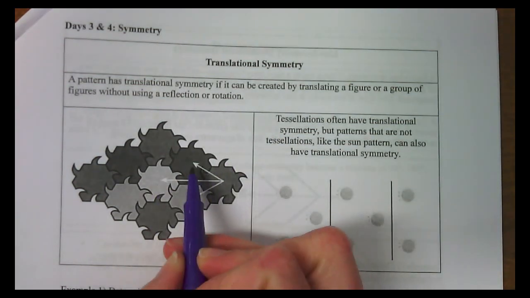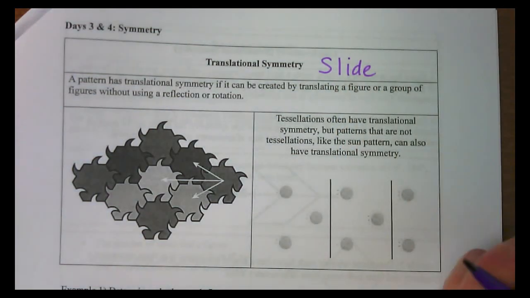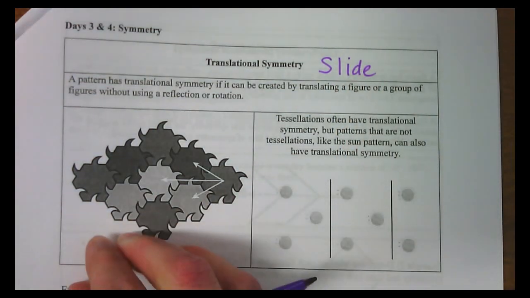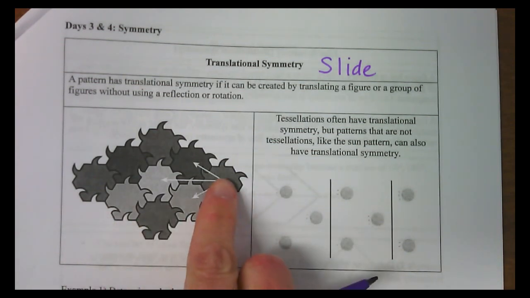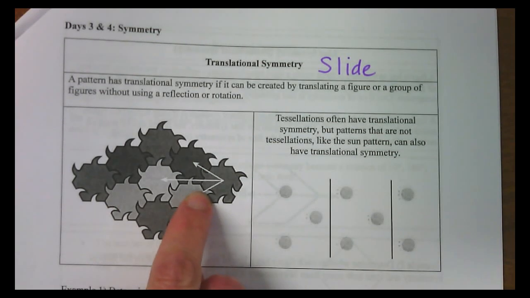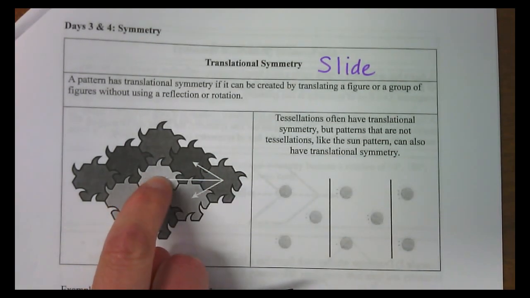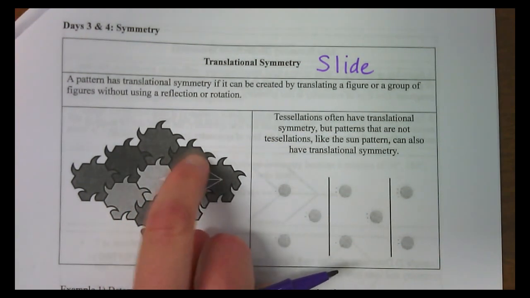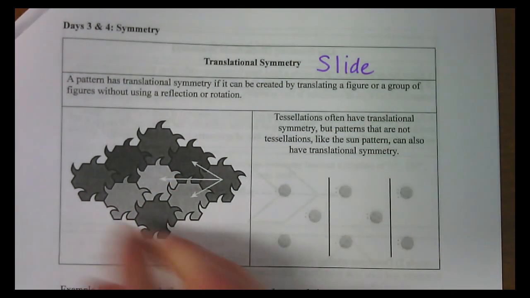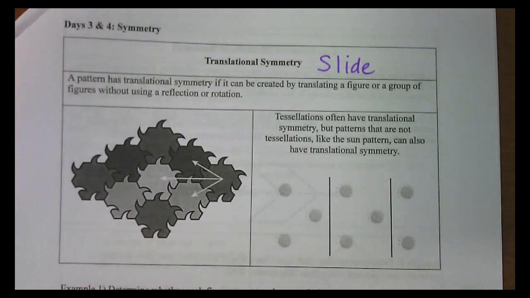Translation with these arrows is basically that we're just sliding a shape over to another position. So like if I took this shape and slid it this way, I would get this lighter one. If I took this shape and slid it to the left, I would get this. If I went up and over a little, I would get that. So you're just sliding it over. Okay,